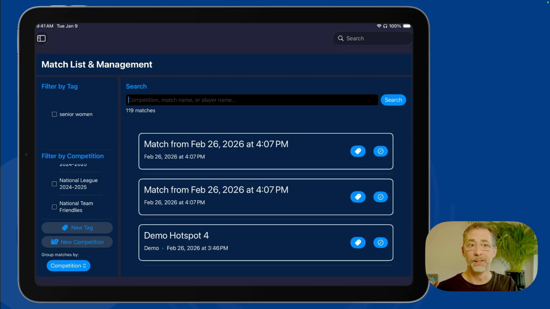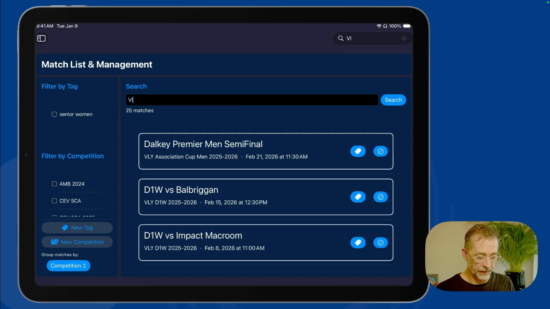This is a really handy way to just get a big overview of your matches and also think about how you're going to organize them. I find that competition is generally the easiest. In fact, if I go look at the latest one, any of the volley